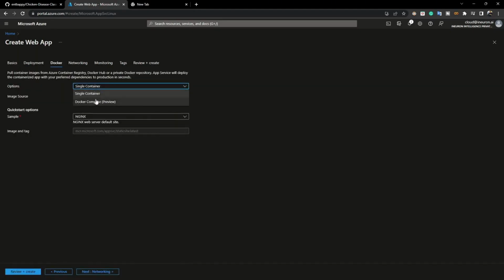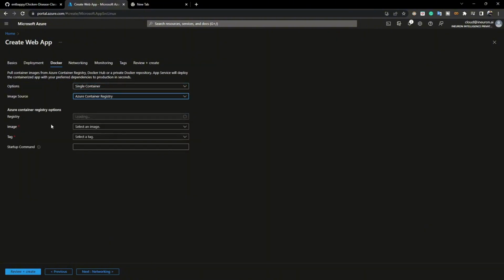So here you need to select single container as your container registry. Now it will ask you to select the registry name. It was chicken app. Now it needs the image, but I don't have the image. I haven't built the image yet. So for this, what you need to do,